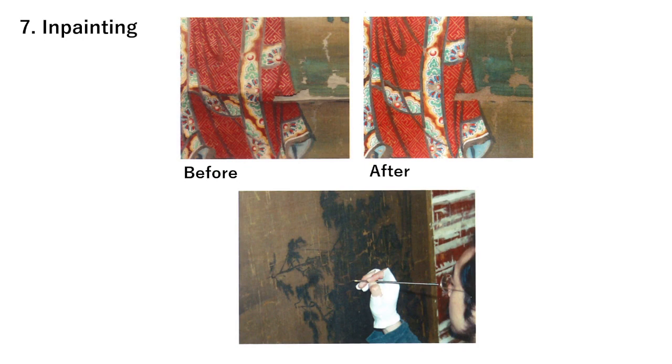Finally, the work of applying coloring to the compensated part and the original part, in order to eliminate the visual sense of incongruity, is carried out. This is called inpainting. For example, when repairing a painting as an antique, the color is often supplemented so that the damage itself is not known. Besides, Buddhist paintings, which are objects of worship, require the statue to be divine and splendid, and in some cases the statue's expression was added to the original part to be arranged.